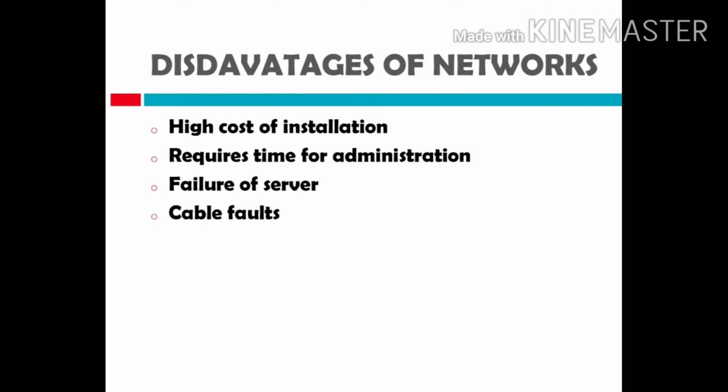In the previous slide we explained the benefits of computer networks, and in this slide we are going to talk about the disadvantages of networks. We know so many advantages of the network, but in this slide we are going to discuss the disadvantages point by point. The first point is the high cost of installation. Of course it is of high cost, because for accessing data and using the internet, we need to spend a lot.